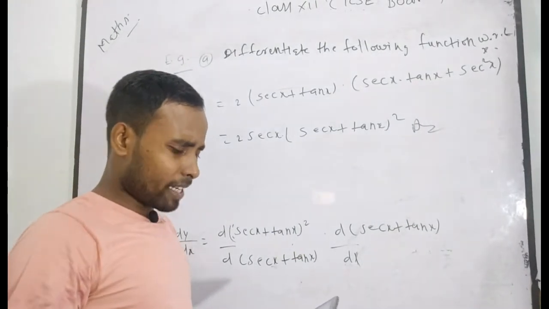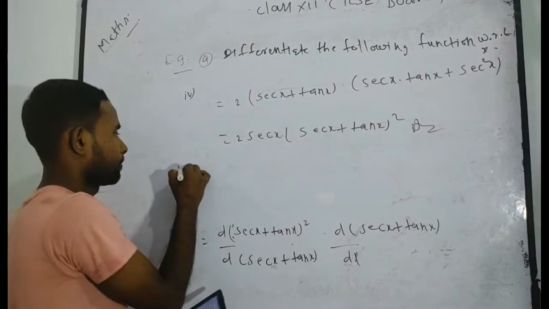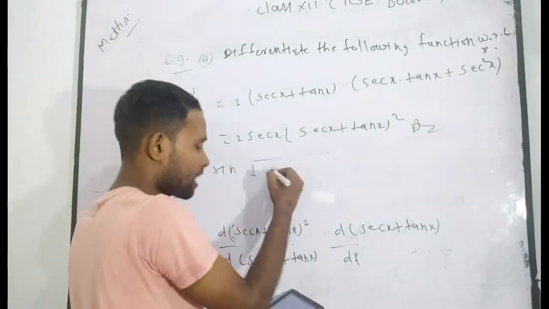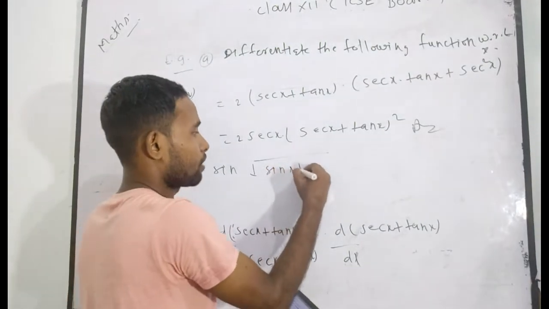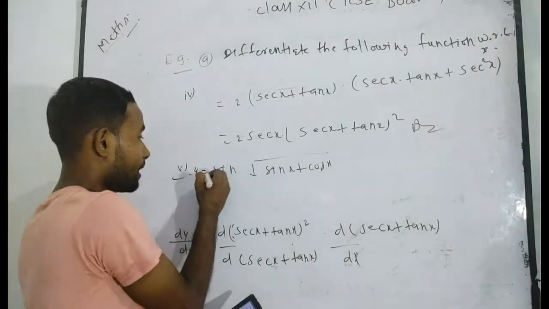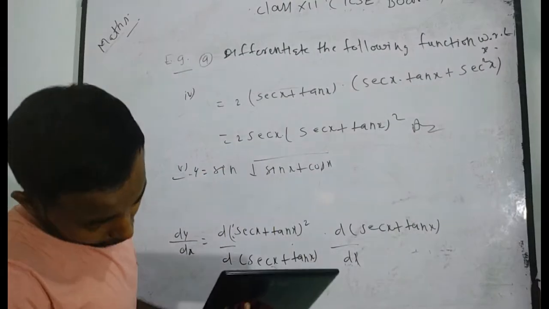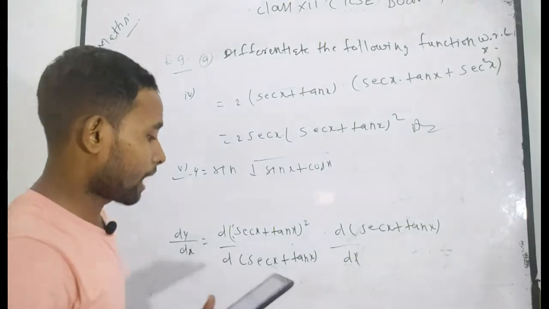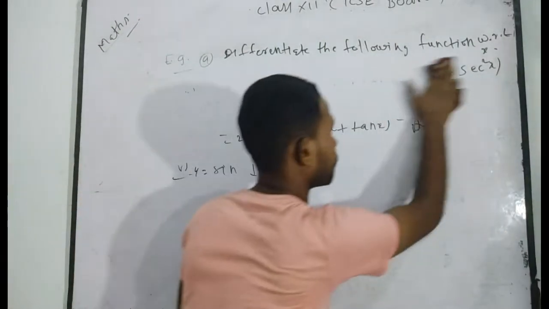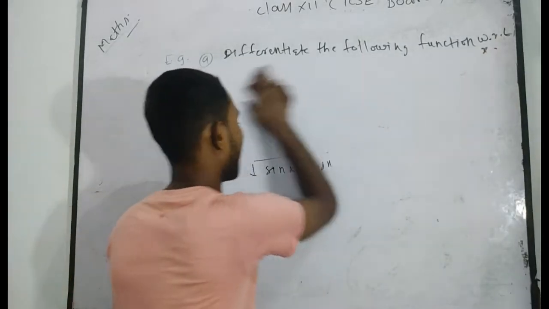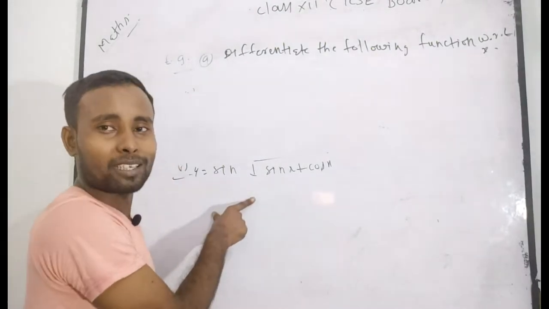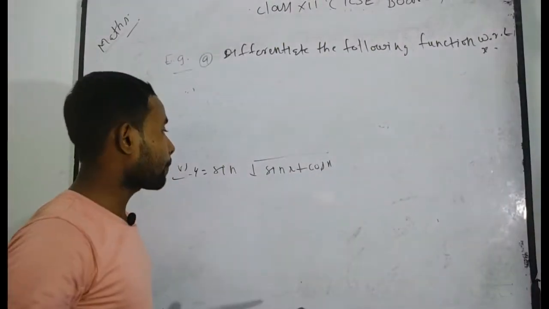And the next problem, again you can see, number 5. I want to only give you a hint and you can solve this problem. Sin of root under sin x plus cos x. How can you differentiate this function? Sometimes the student is confused here. Now I want to tell you how students get confused. They are confused by that factor. Here this function is written like a product, but this function is not a product.